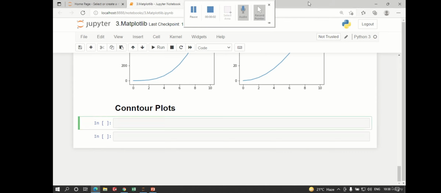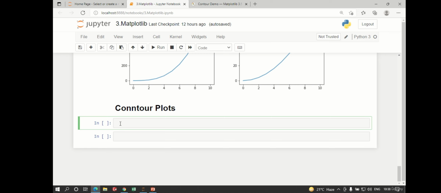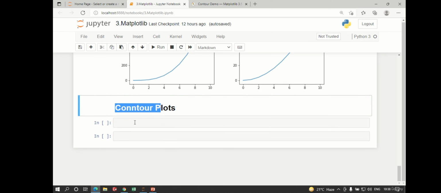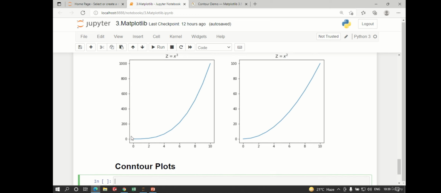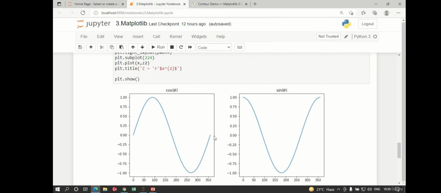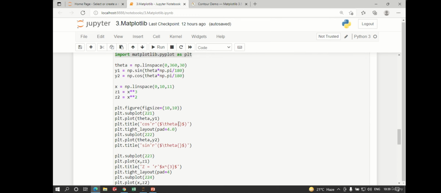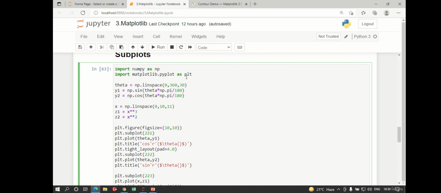We will continue our section from Matplotlib. So this lecture we will go through contour plots. Let me show how these contour plots actually look. Till now we have seen subplots and different figure and axis